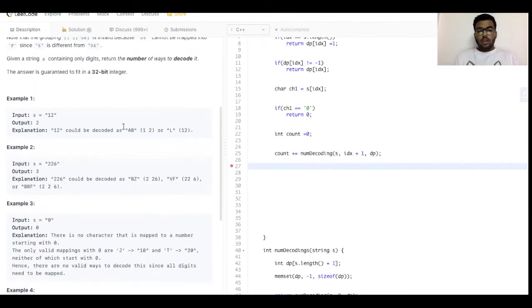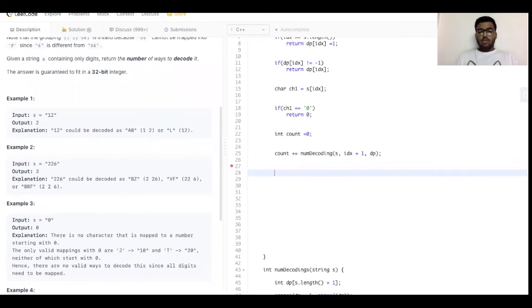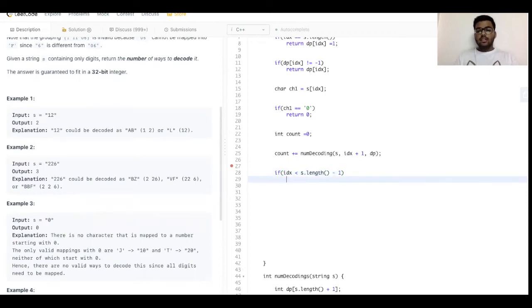So we have to take care of that condition, and we'll be writing the code as: if index is less than s.length minus 1. Until the index is less than s.length minus 1, because if it is at the last index, we wouldn't check the next index, because we know that the last index contains only one digit. So we check that it should be less than the last index.